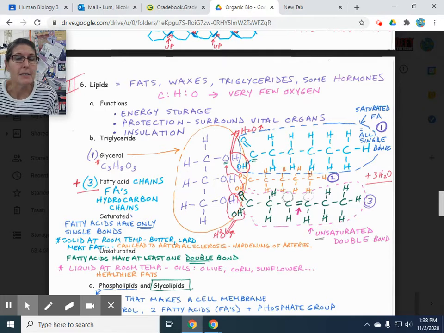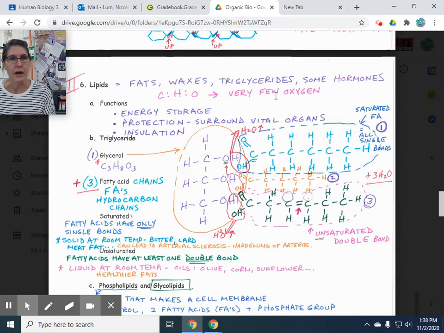So our next type is lipids. The reason I'm going to do lipids and carbohydrates together is because they're so similar to one another. They contain the same elements: carbon, hydrogen, oxygen. That's it. But unlike your carbohydrates that are in that 1 to 2 to 1 ratio, your lipids are still carbon, hydrogen, oxygen, but